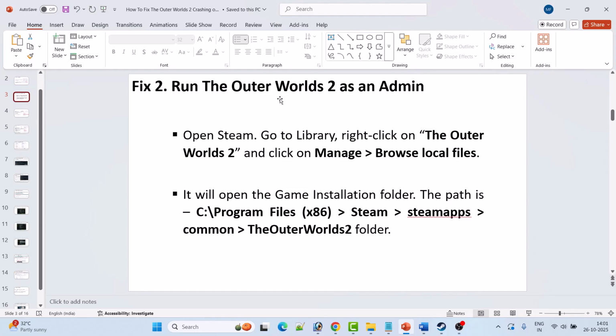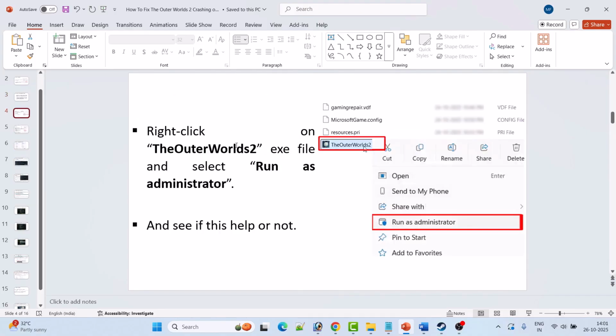Second solution is to run the Outer Worlds 2 as an admin. So open Steam, go to library, right click on the Outer Worlds 2 game and then click on manage, browse local files. Now it will take you to the game installation folder. The path will be C drive, Program Files x86, Steam, steamapps, common, the Outer Worlds 2 folder. Now right click on the Outer Worlds 2 exe file and then select run as administrator and see if this